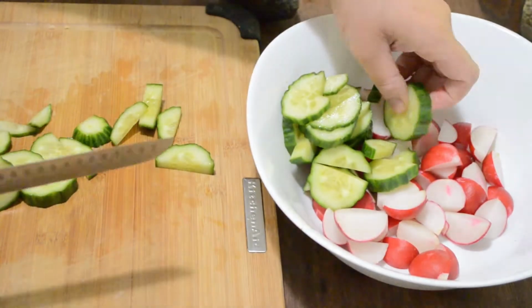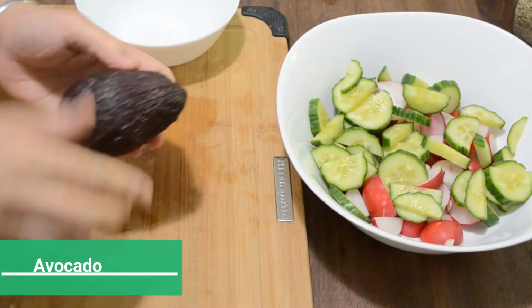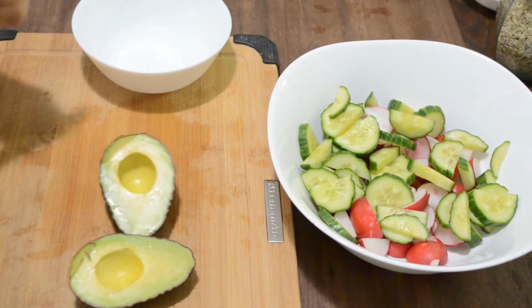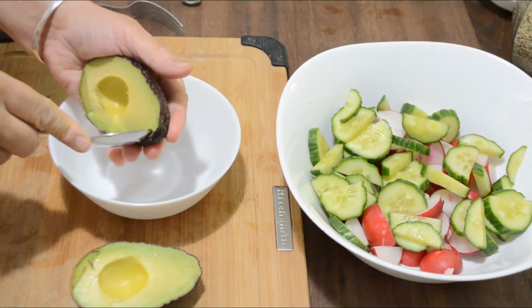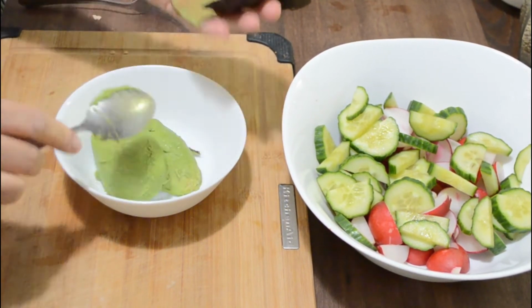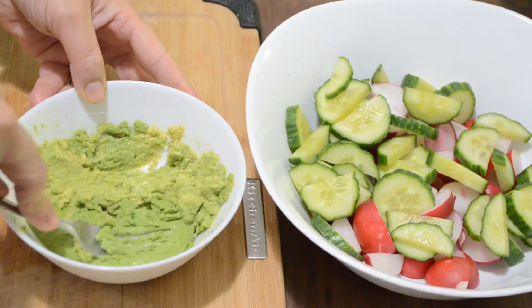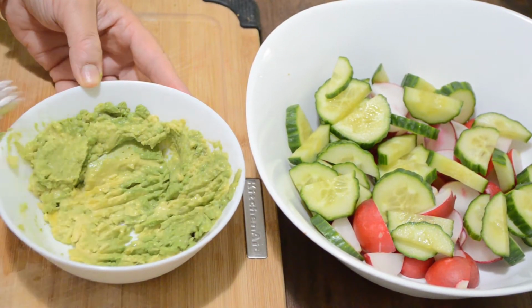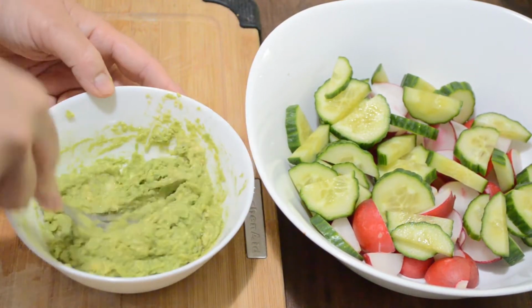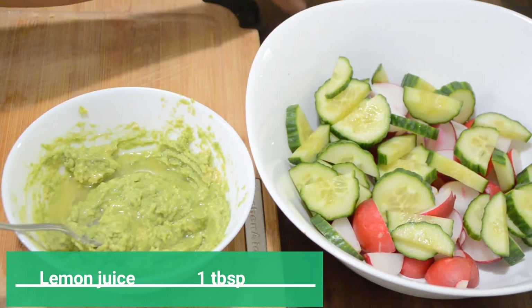Add them to the bowl and then we'll make a dressing with an avocado. For the dressing, we'll mash an avocado, then add 1 tablespoon of lemon juice, finely chopped cilantro,